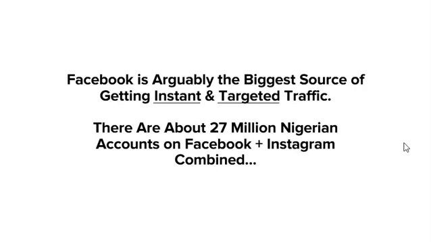However, I need to warn you about something. Please, you need to understand that getting traffic, which means advertising on Facebook and Instagram in this case, is just one part of the funnel as I have shown you. When people don't see expected results with their campaigns, they always put the blame on the traffic part. This shouldn't be so. You need to check all parts of your funnel to be sure about where the error is coming from. We'll talk about how you can check for errors in your funnel later on.